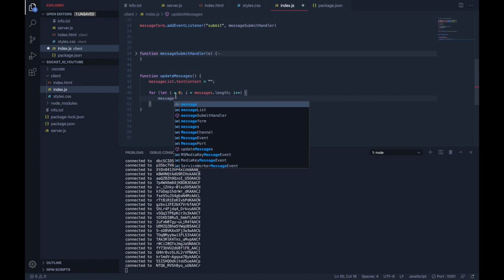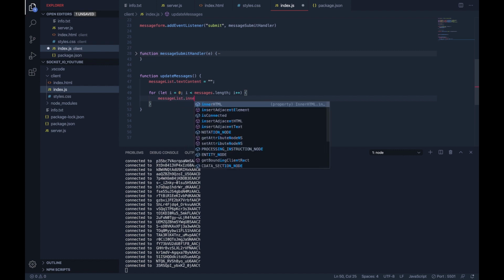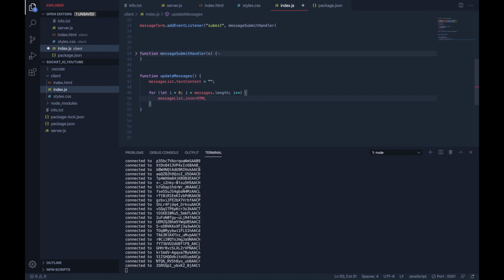It's a bit confusing, but if you follow me slowly, I'm sure you'll understand what I'm doing. So messageList.innerHTML, follow me now, plus equal to,